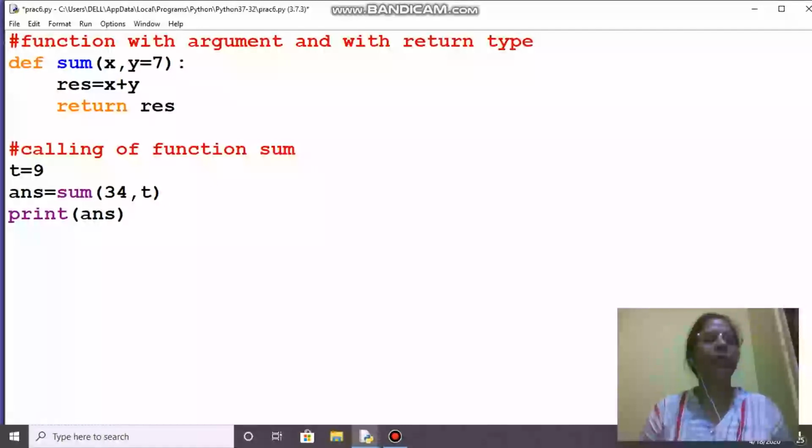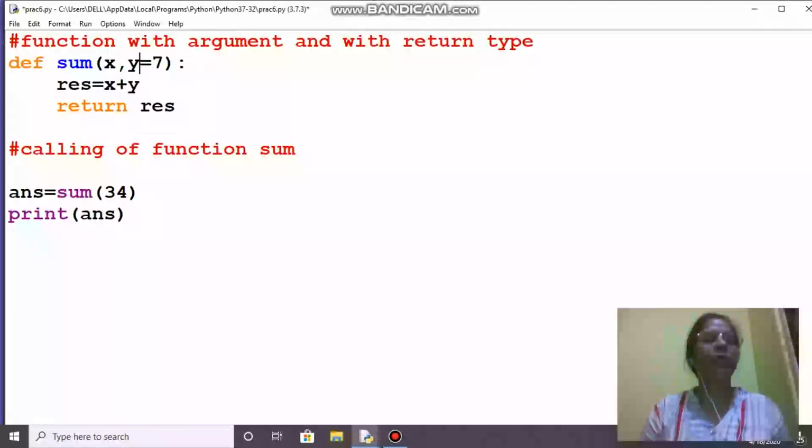Now I'll call the sum function with the value 34. So this 34 will be passed to x, and I'm not sending any value for y. So y will work with the value 7.